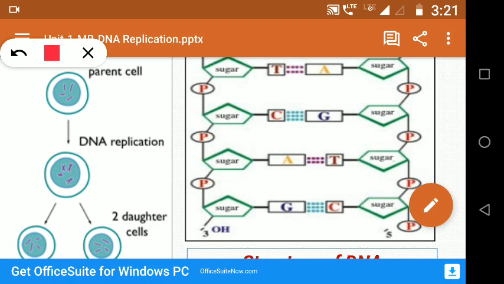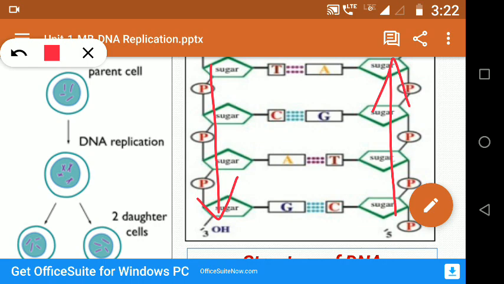Here in the double helical structure, originally the double helical structure was proposed by Watson and Crick. And in the double helical structure, we will have two different strands. Those two strands run in opposite direction, anti-parallel direction. So one runs from 5 prime to 3 prime direction, and the other also runs in 5 prime to 3 prime direction, but opposite to the first strand. So anti-parallel strands will be there,